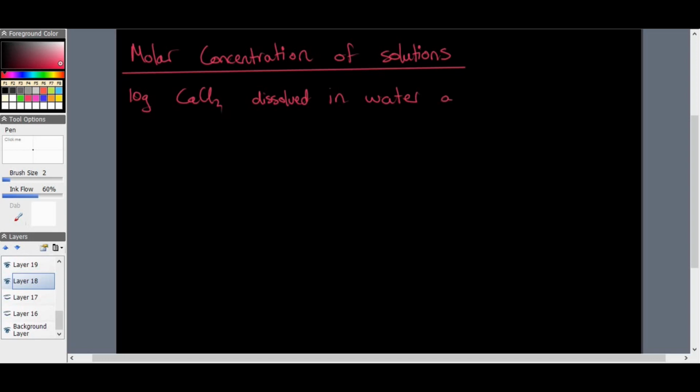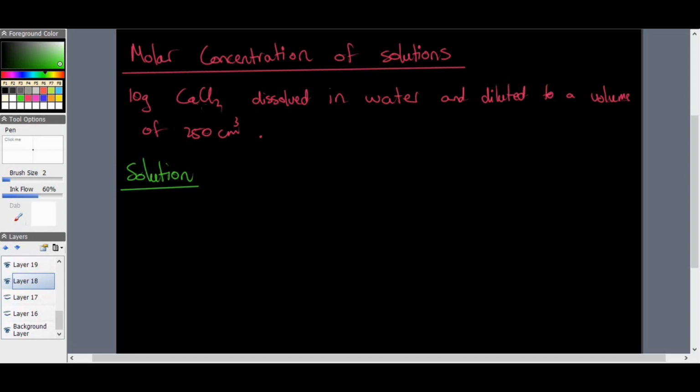And diluted to a volume of 250 cubic centimeters. Calculate the concentration. So first things first, this was a grade 10 level question. The solution here would be to